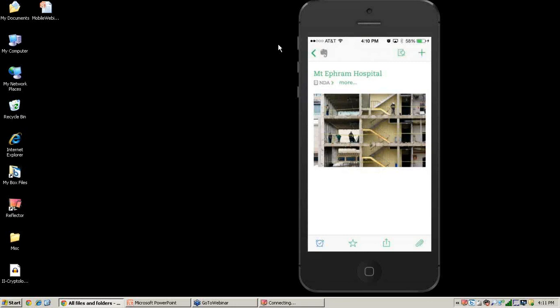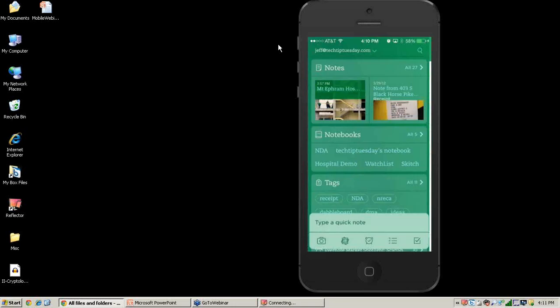And what Evernote is, is essentially a note-taking app. Now, our phones come with a built-in notes app. The built-in notes app on the iPhone, for example, basically looks like just a little pad of paper. You can add a couple of things in there, but it's really pretty limited in its abilities, and I can really only take one type of note with it. I can write stuff into it, and that's it.